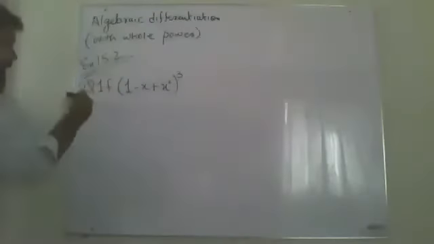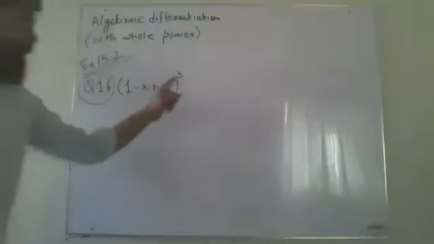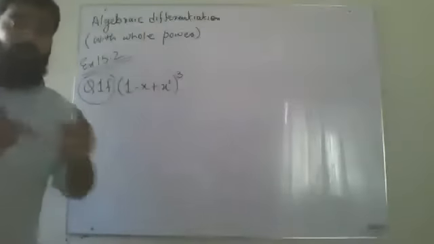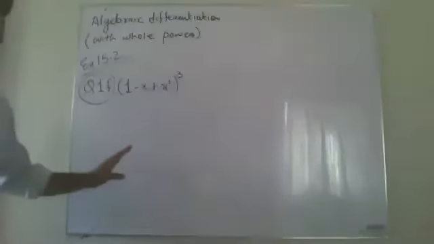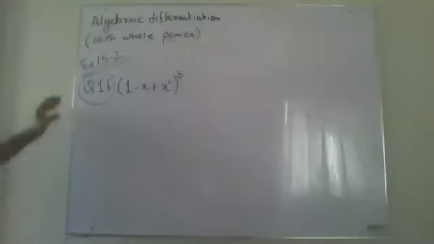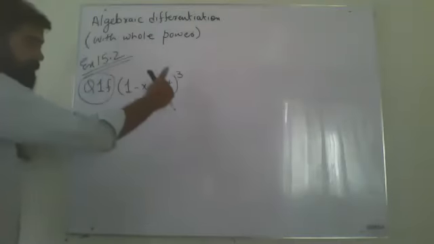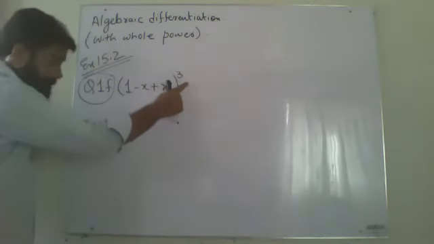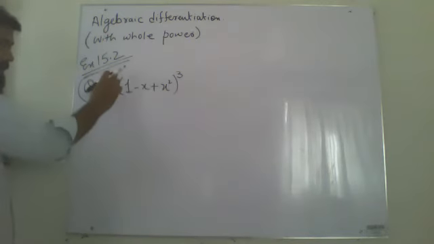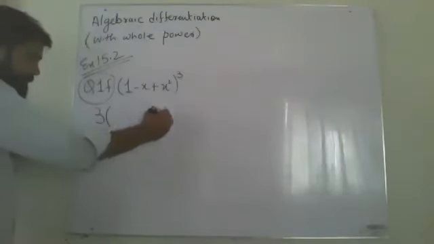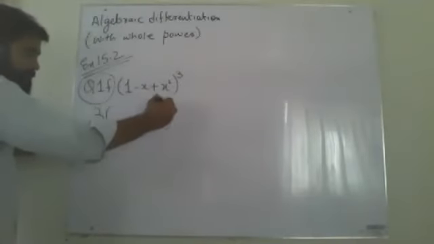And we are going to work according to this one. Now over here, I'm seeing a whole power. So what I'm going to do, what I have told you guys, read your steps. Don't copy the example. This example is not necessary. The steps should be in your mind. Okay. So your step says the whole power of the bracket will be multiplied by the coefficient. If nothing is written over here, it's 1. So what will I do? 3, bracket, power of bracket reduced by 1.